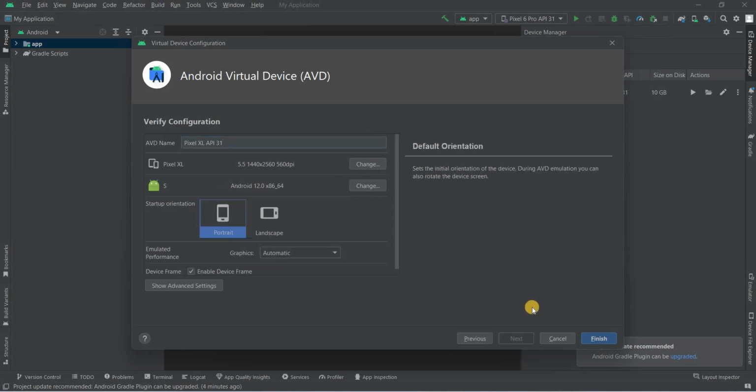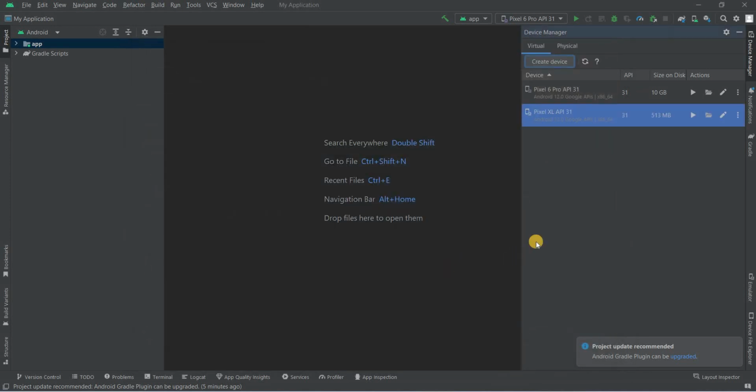Then select the portrait option and click on the Finish button. Now we have added the Pixel XL API 31. Once it is successfully installed, click on the button to launch the AVD in the emulator. It will open the emulator, and we will identify whether the simulator is successfully installed on our machine or not.